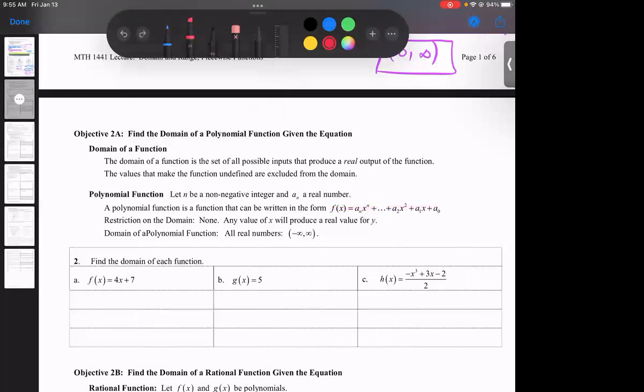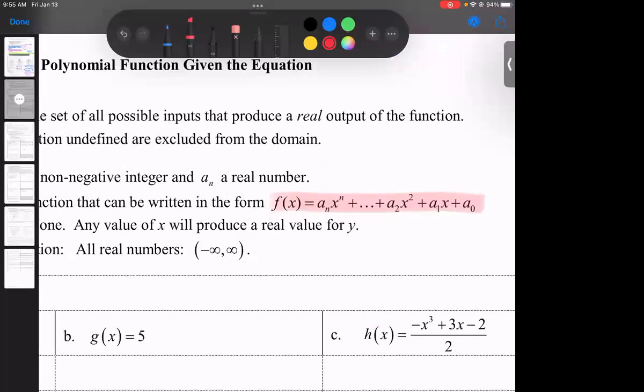F of x equals a sub n times x to the n plus a sub n minus 1 times x to the n minus 1. I know those letters hurt your head. A is your coefficient. It's just a number, right? X is your variable, right? N is your power. So for example, if I start at, say, f of x equals